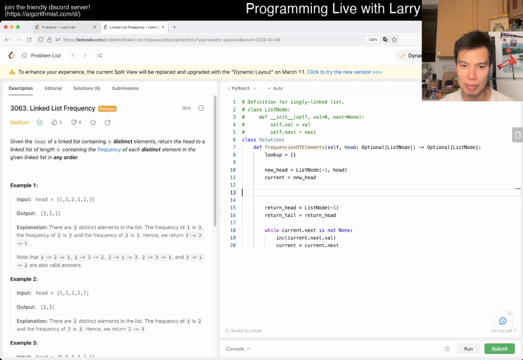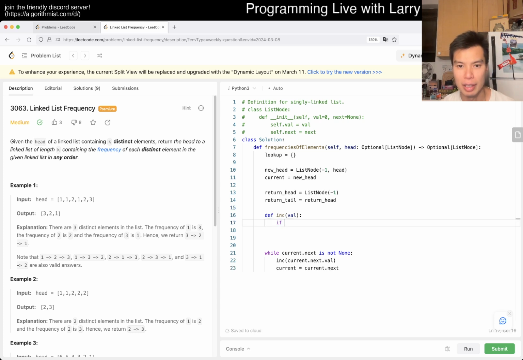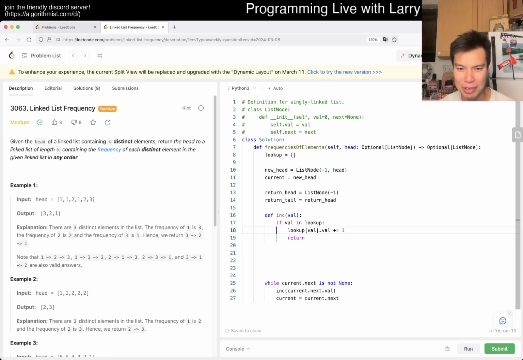And basically here we have the increment function for a value, and the idea is that we return the result directly. So if value is in lookup, if it's there, then we just look up that value, which will give us a node. We do that value increment by 1. It looks very terrible actually, but yeah, and then we return. Otherwise, maybe I will have to rewrite this actually, so that I do this, and then here now we can